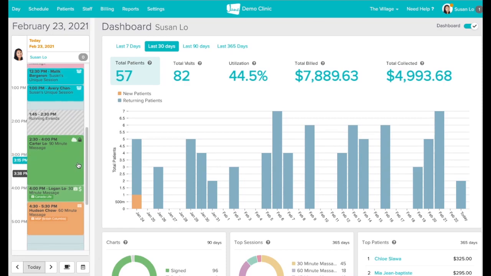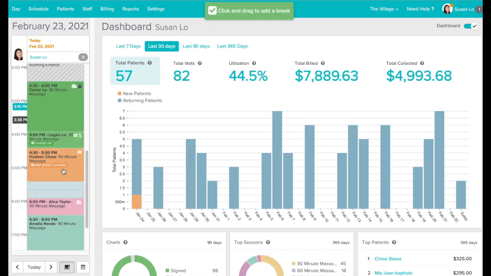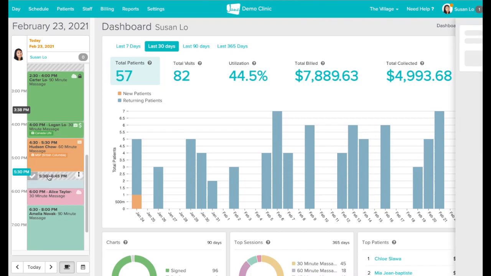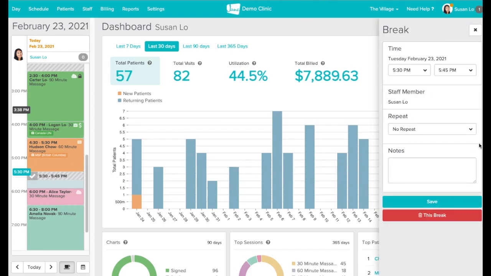Before we move on from this area, you'll also notice that there is a little coffee cup here. This is for scheduling breaks in your day view. So if I select this coffee cup, I'm going to go into break mode. And the next thing that I do is when I click into my schedule, such as 5:30, let's say, Jane is going to bring over the break pane on the right-hand side.